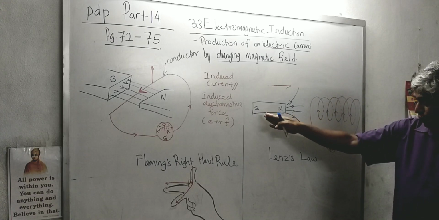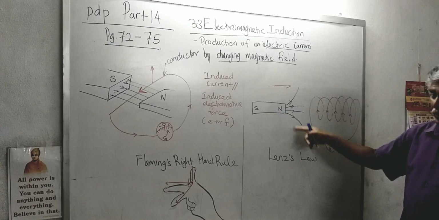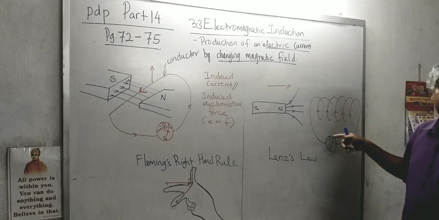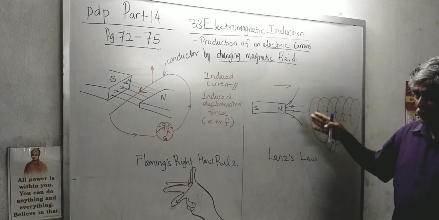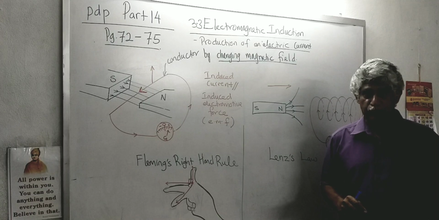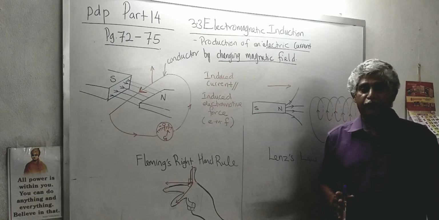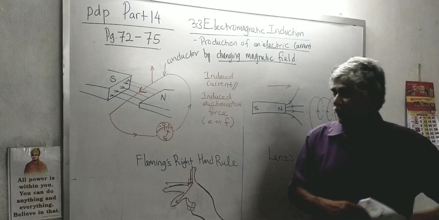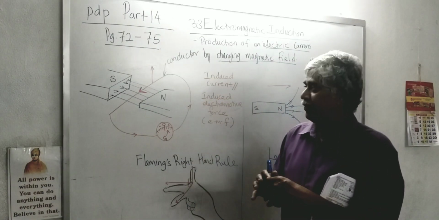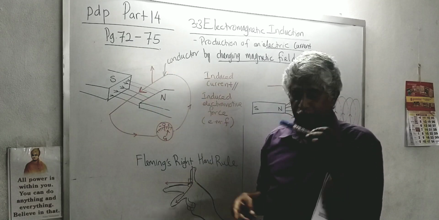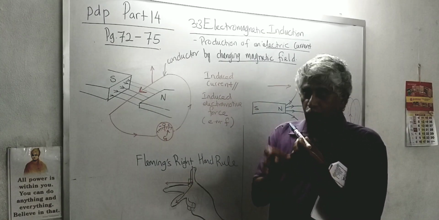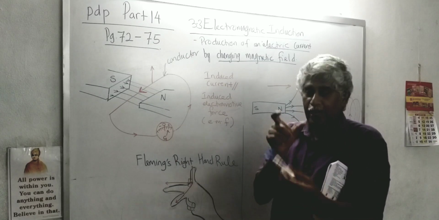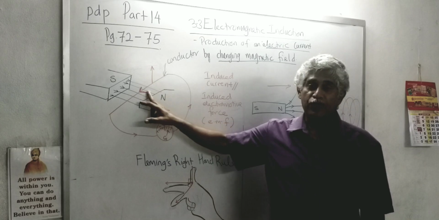So when you push in the magnet, you see there is a magnetic field. This magnetic field is now getting cut by the solenoid. We call it a relative motion. As long as you can cut the flux, the magnetic field, in the conductor, it will induce current. Relative motion means either you move the magnet, or you make the magnet static and you move the conductor. Either way you are cutting the flux, so you induce current.